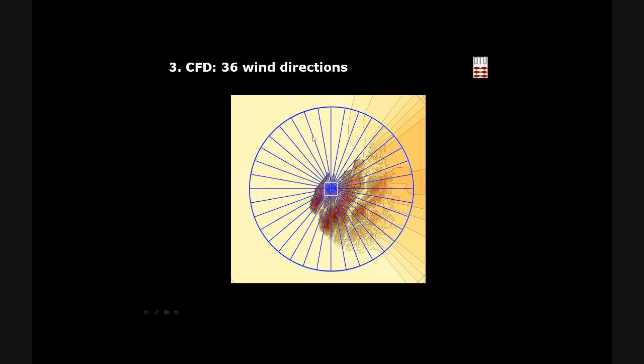So we do all these wind directions independently of what your actual wind direction is. And that's because in complex terrain, just small wind direction changes can have big effects on your flow results. So you need high angular resolution also